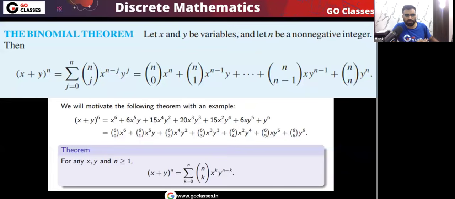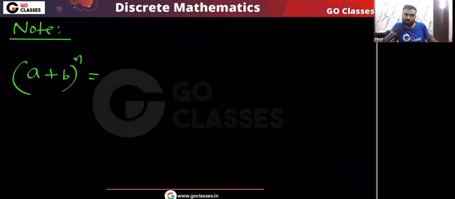I hope you understood. Is this clear? What is the binomial theorem? And this short expression is also very important. Remember this short expression, it is much better to understand. What is (a plus b) power n? You already know that there are total n factors. Basically, you multiply a plus b, a plus b, a plus b, and so on, total n times.